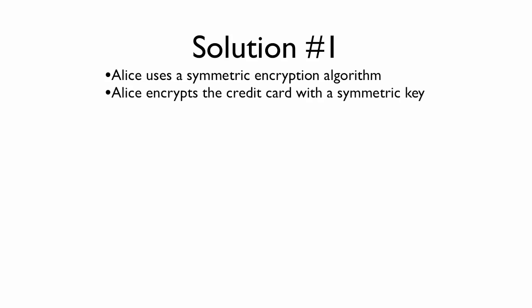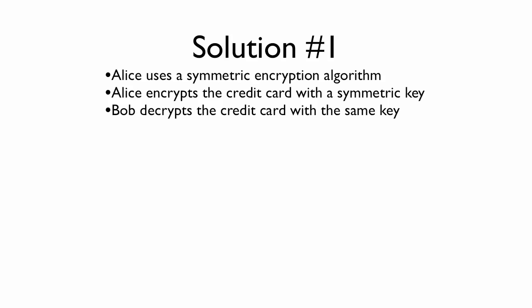We have solution number one. That involves symmetric keys, symmetric meaning it's the same key used to encrypt the data as to decrypt it. So Alice is going to use that key. She's going to encrypt her credit card with the symmetric key. Then Bob, who gets that encrypted data, is going to use the same key to decrypt it and get the